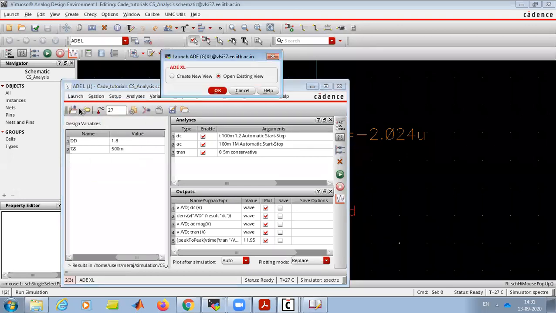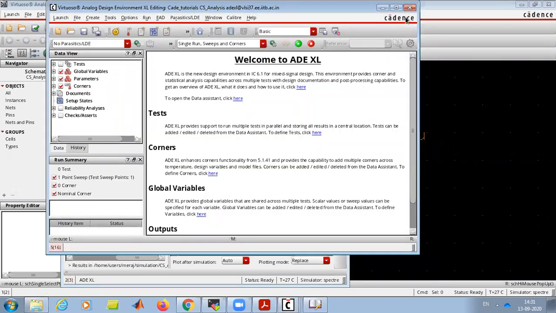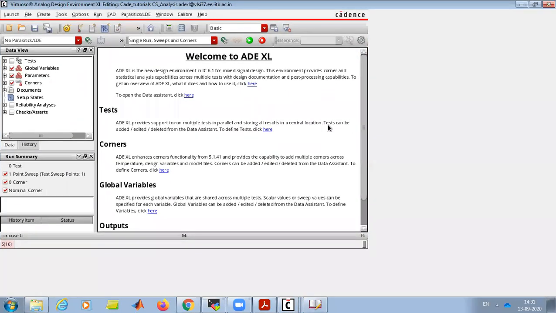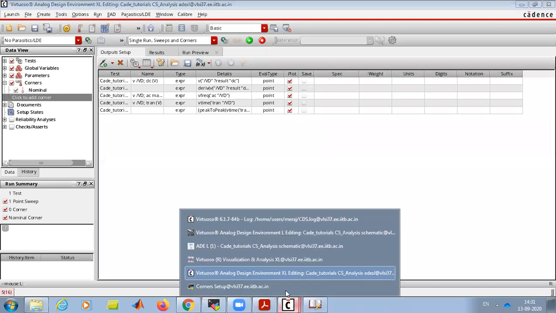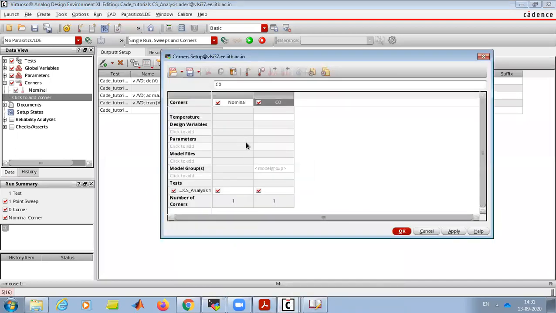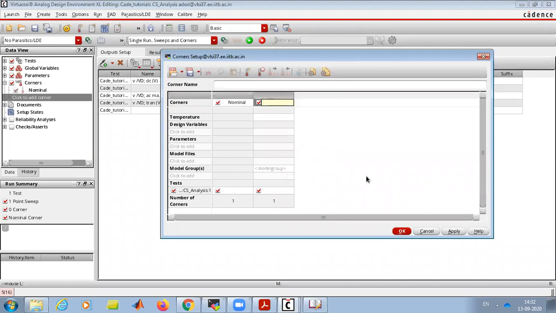We launch again, and you will now have your VDD parameters. Here you will add our corner setup. We did this by right-clicking and selecting add corner, or Control N is a shortcut. Let me give this the name PV for process variation.